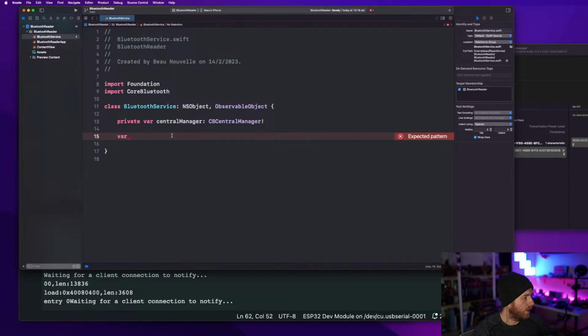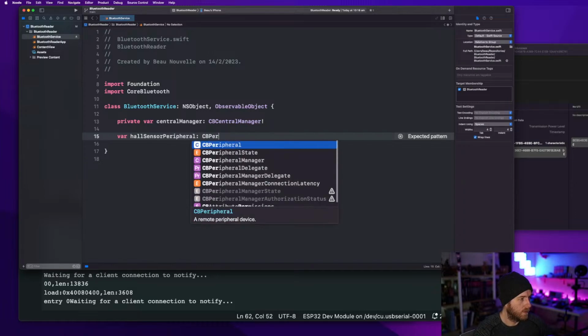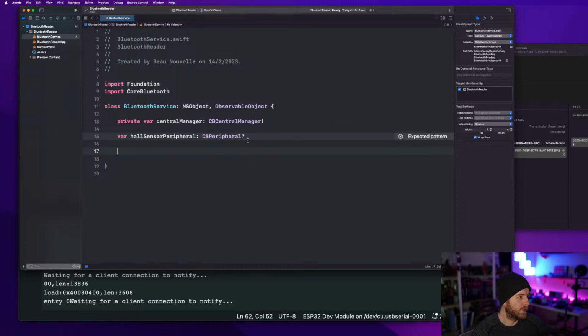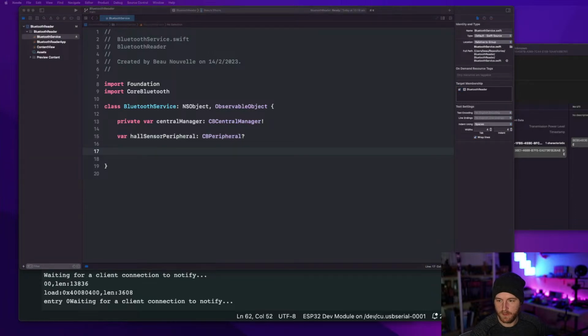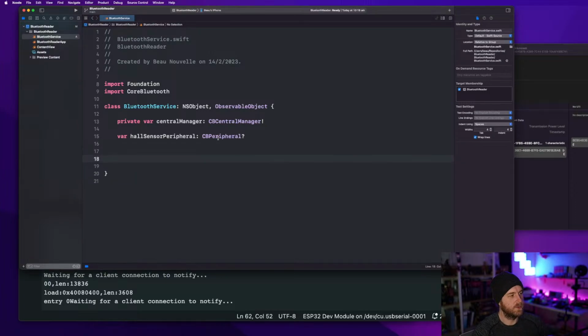That's good. Okay, and so we'll call this our magnet peripheral. We'll just go hall sensor. And this will be a peripheral, and that will be optional. So CoreBluetooth, the CB stands for CoreBluetooth, yeah? And so there is a little bit of setup we need to do. And then I think at some point we'll have an enum to notify our view when a device is connected or not. So what we can do here,